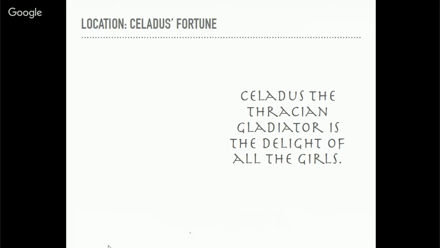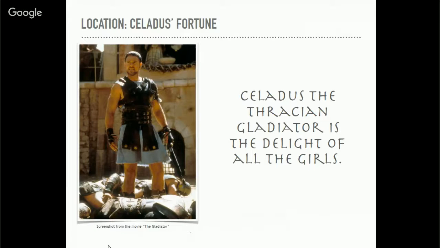So the first bit of spatial information that I want to present to you is location. Let's start with an inscription in Pompeii that says that Calidus, the Thracian gladiator, is the delight of all the girls. So if I tell you that this inscription was found in a taverna, you probably picture something like that. Killer smile, yeah. If I tell you that the same exact inscription, same words, has been found in the dark, slightly damp, sad cubiculum of the gladiatorial barracks,